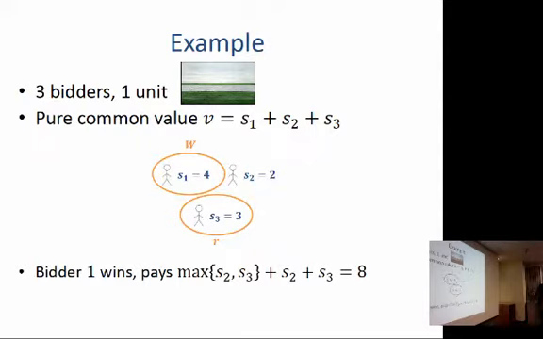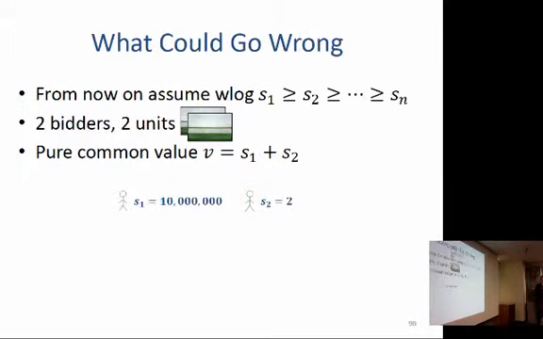And here, instead of signal S1, I take his threshold signal, which is he has to both be higher than S2, in order to be in the set W, and also he has to be higher than S3 to clear the reserve. So in this case, the maximum among them is 3, and it's going to end up paying 8. Okay, now I think you maybe are starting to see what could go wrong here.